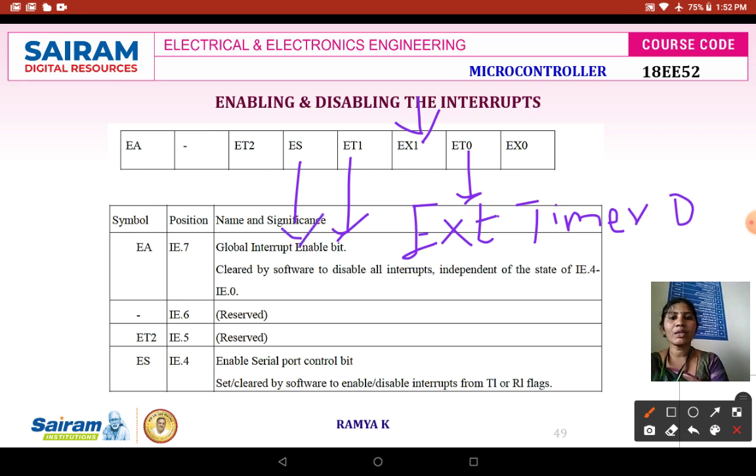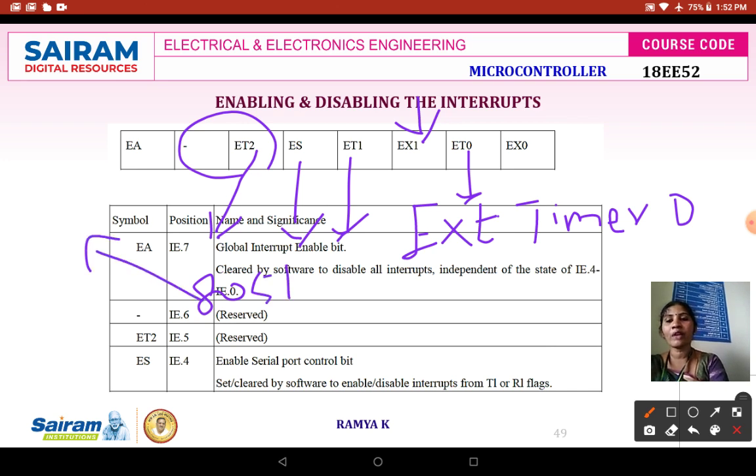ES is nothing but enable serial port. The other two bits are reserved in the case of the 8051. ET2 is for timer 2, but we don't have timer 2 in the 8051, because we have only two timers, timer 0 and timer 1.